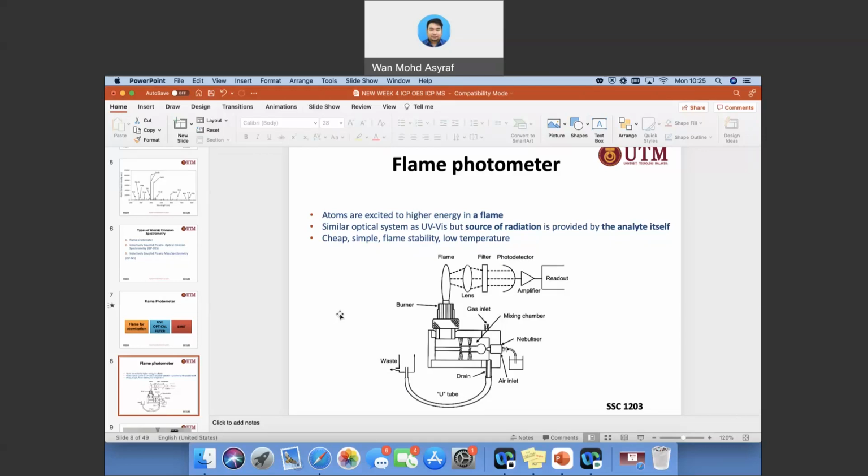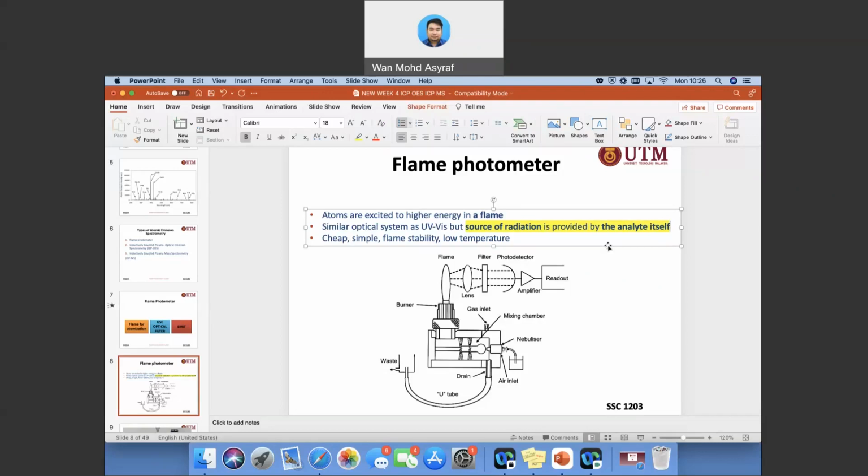So this from excited going back to the ground level would emit a characteristic electromagnetic wave, which will be detected by the detector. So similar optical system as UV-Vis, but the source of radiation is provided by the analyte itself. So basically, when we say that the source of radiation is provided by the analyte itself, we don't need any source now. So the flame would act as your excitation medium,